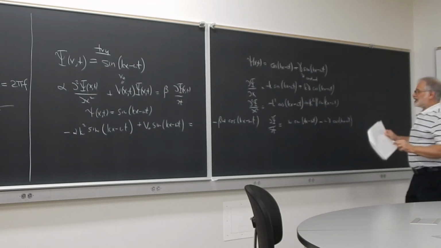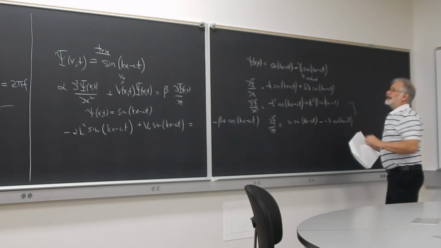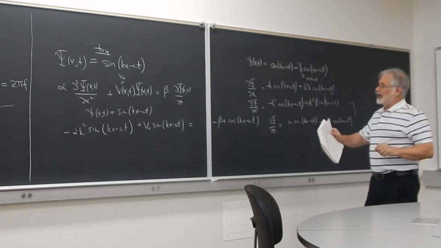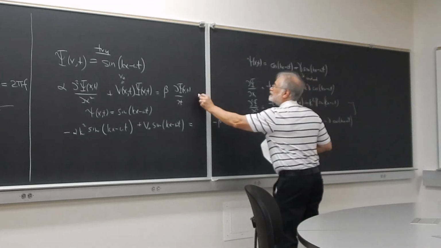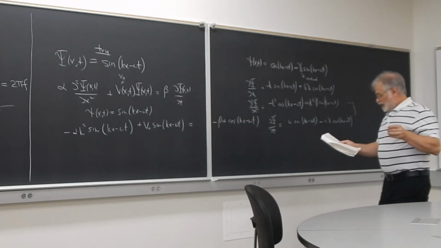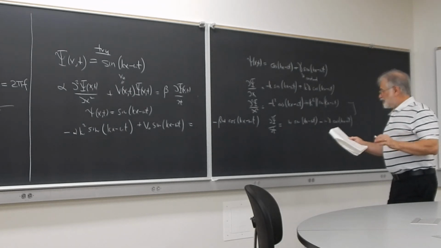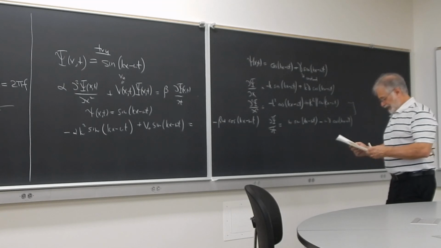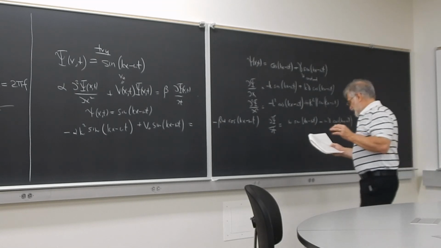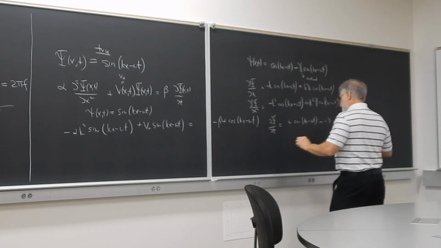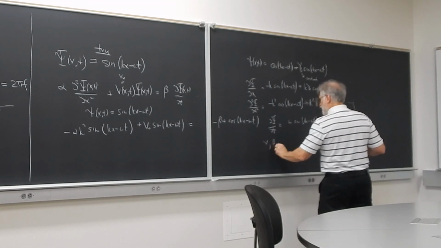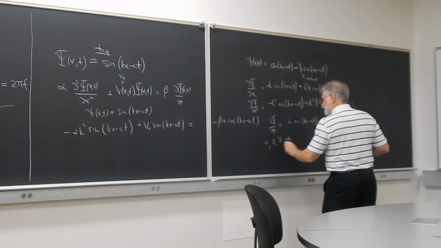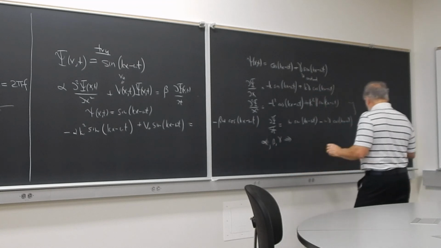If I plug these last two expressions into my proposed differential equation, I'm going to get 3 equations and 3 unknowns. If I solve them simultaneously, alpha, beta, and gamma turn out to be